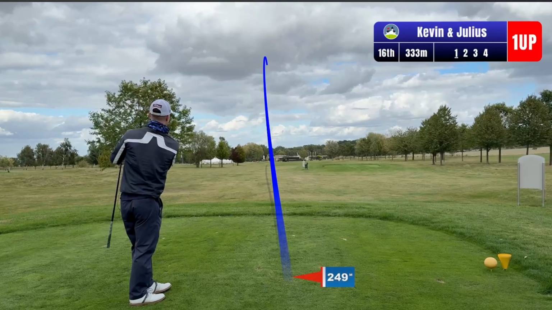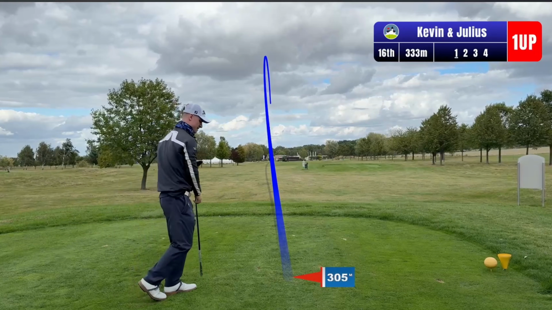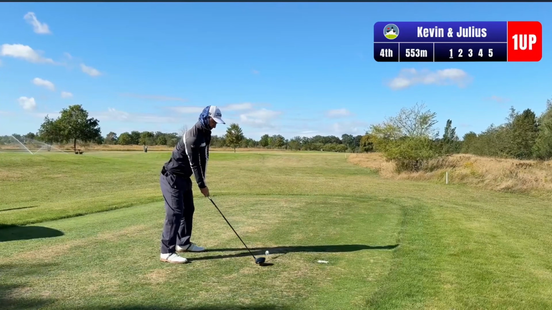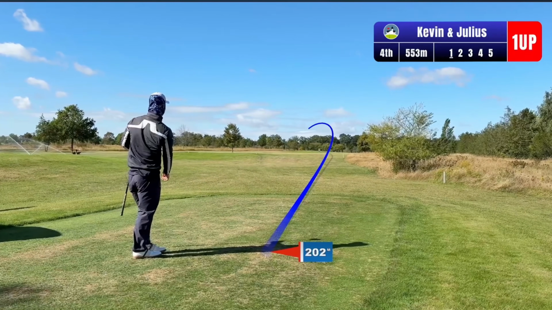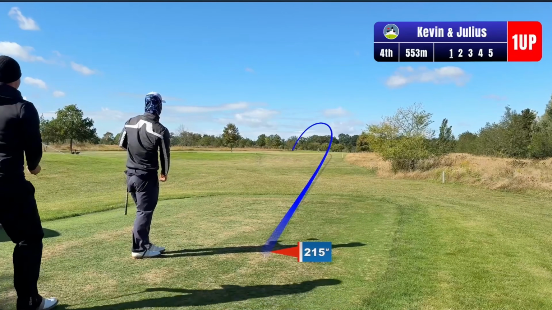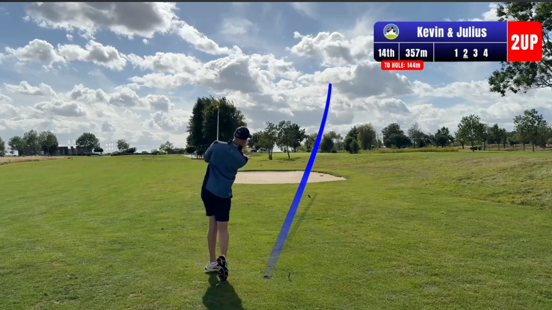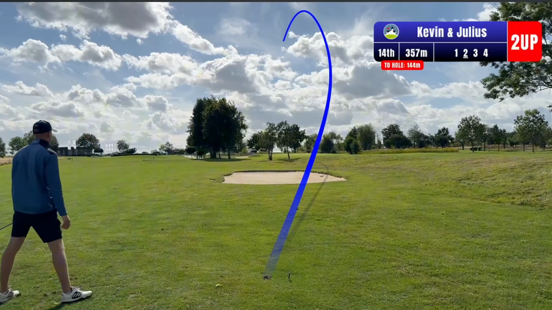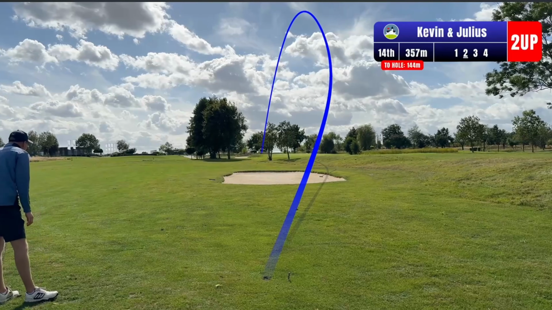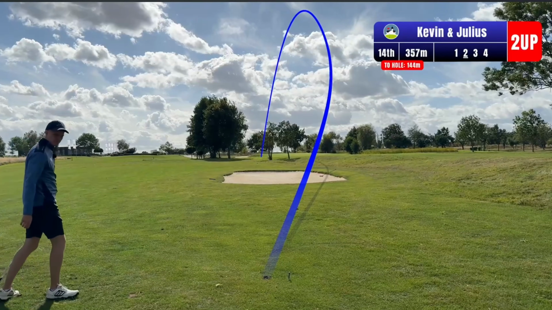So on one hole, we would hit our driver over 330 yards, but on the next one, we barely carried it 200 yards. But it was also tough for our approach game. On one hole, we would use a gap wedge from 170 yards. On the next hole, we couldn't even carry our 7-iron 120 yards. And after I scanned through lots of data, I found out there's actually a system and I want to share it with you. But before I do that, we have to talk about the 4 basic effects that wind has